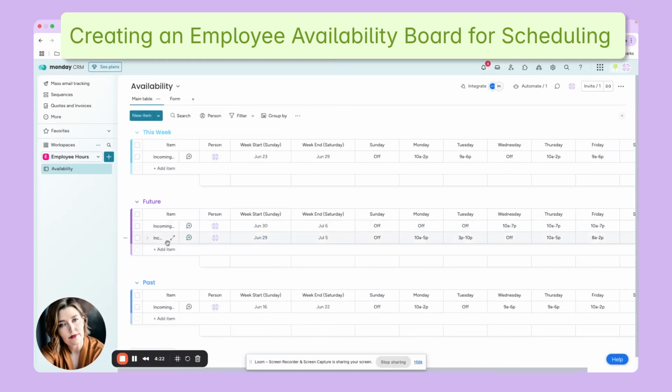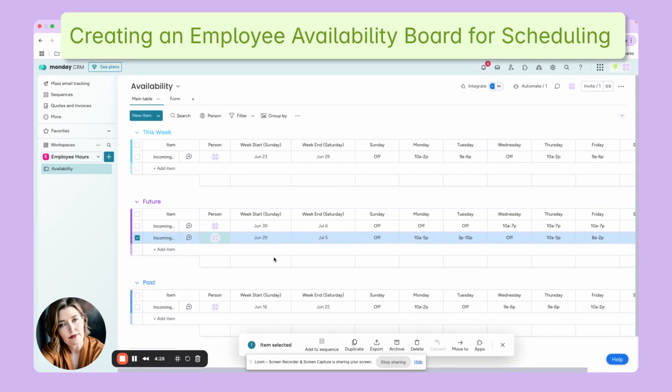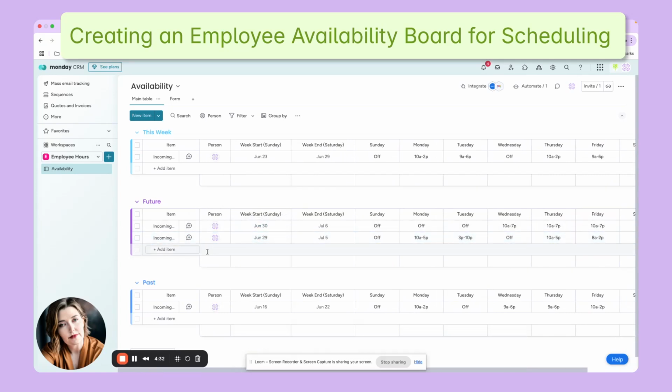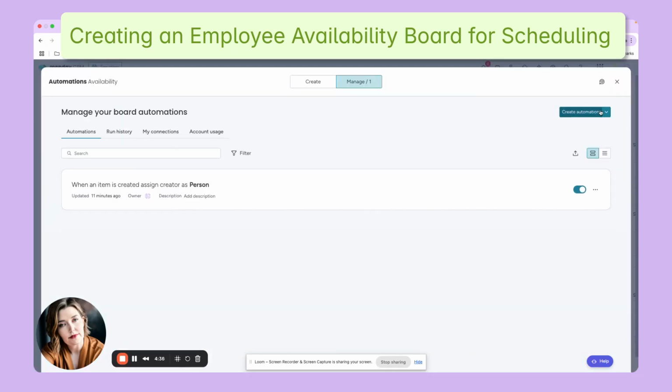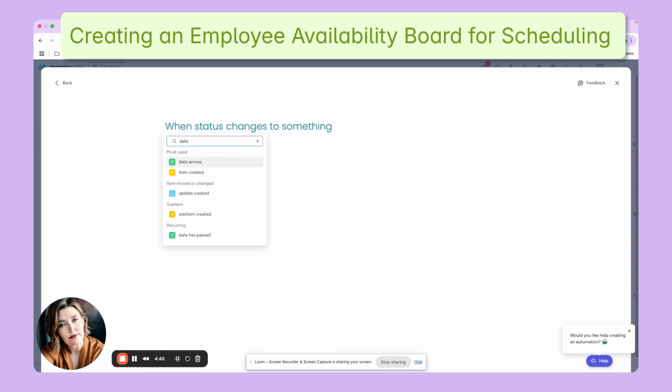All right, so now we're back. And this line item right here is what I just entered. And you'll see it automatically went to future dates, so it's down there. I could also set up some automations where when a date arrives,